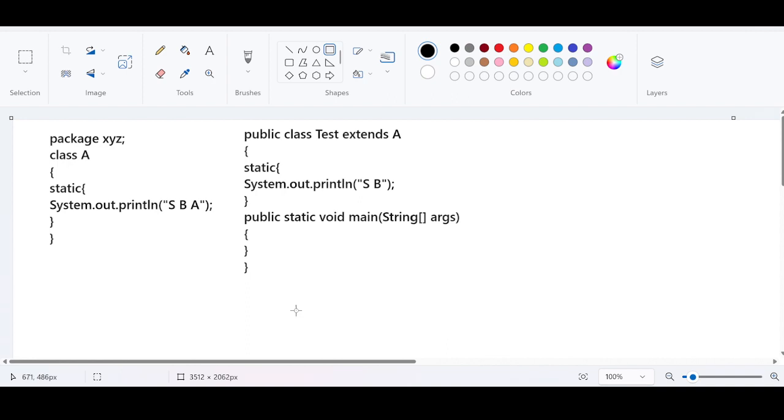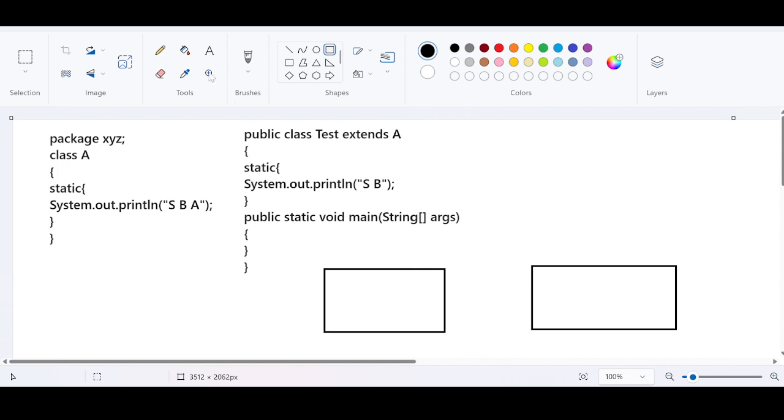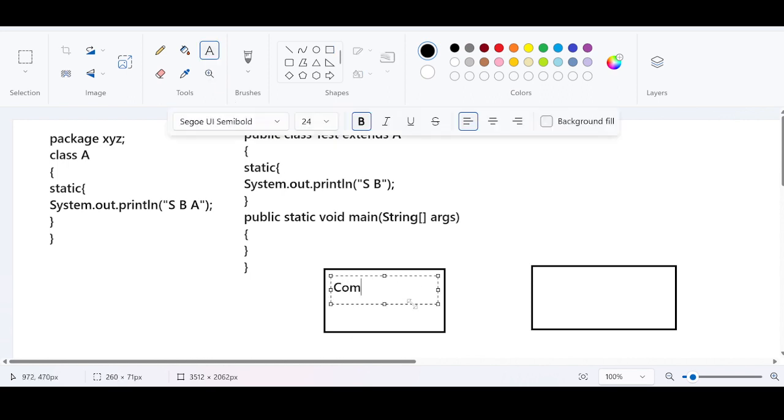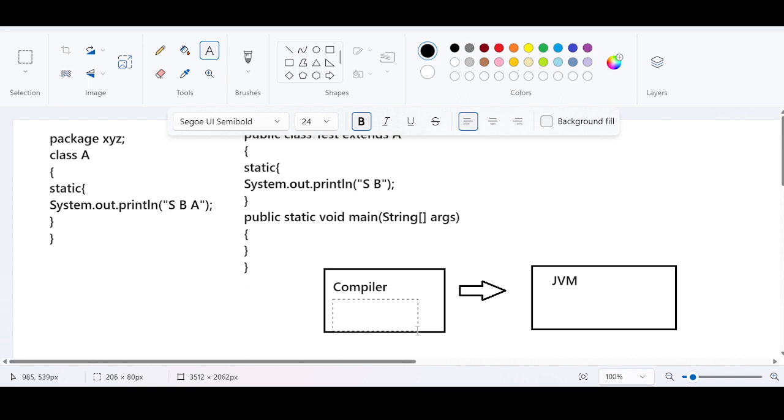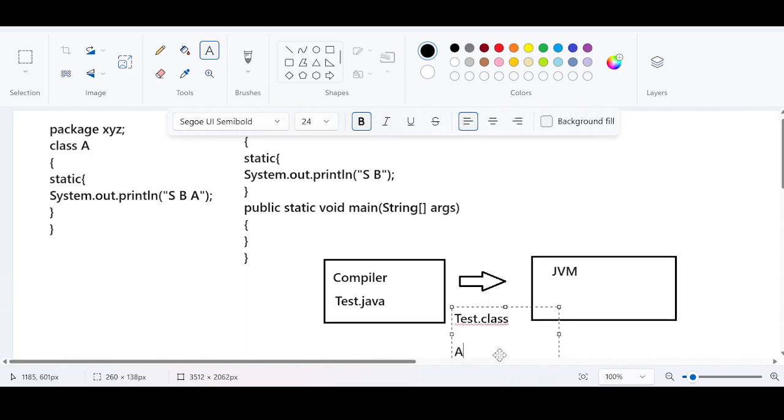From our perspective, we have a compiler and we have a JVM. Every time I'm bringing this compiler and the JVM for better understanding. This is the compiler and this is the Java virtual machine, which is also called JVM. Now observe one point. This compiler is going to do the compilation for Test.java because that is the file name. Definitely the output is going to be Test.class as well as A.class. Definitely two .class files will be